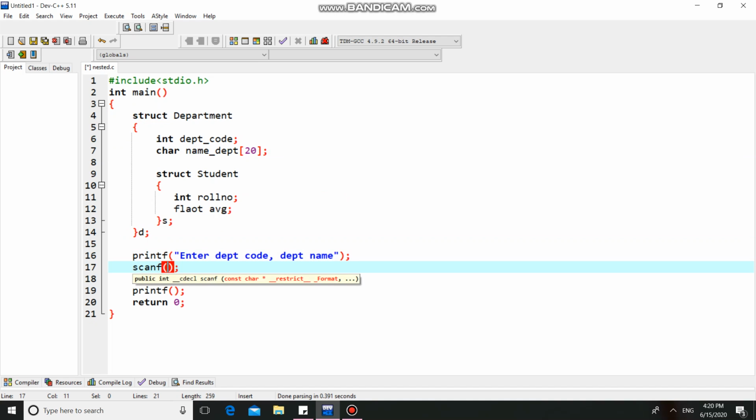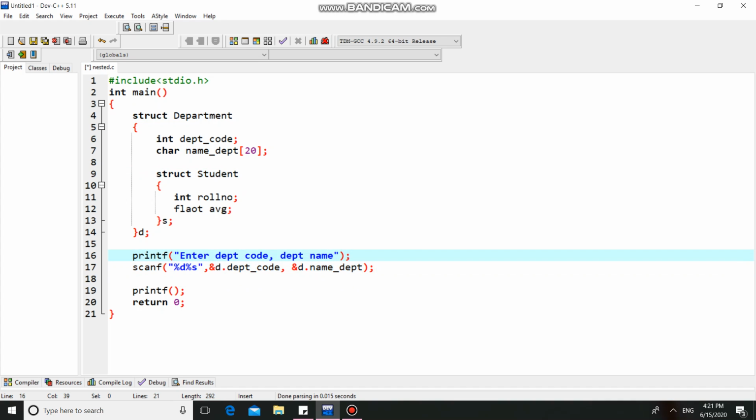The first one's data type is integer, and the second one is a string. So to read, we use the structure variable d dot the member, that is d dot department code and d dot name of department. This is simple, we have already covered this.